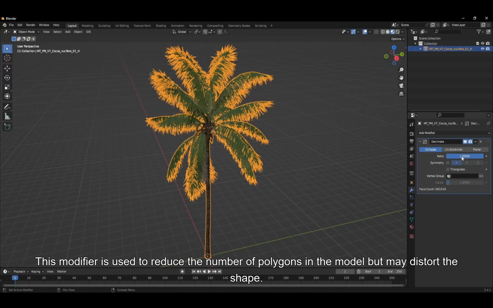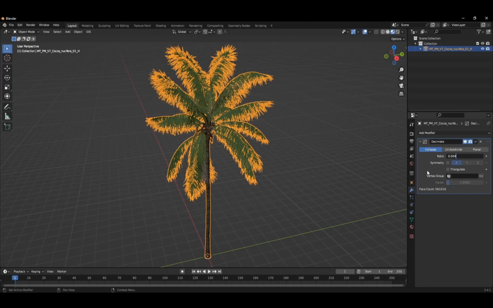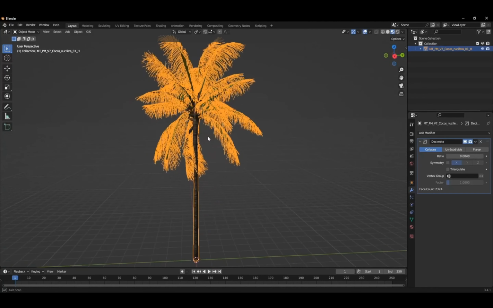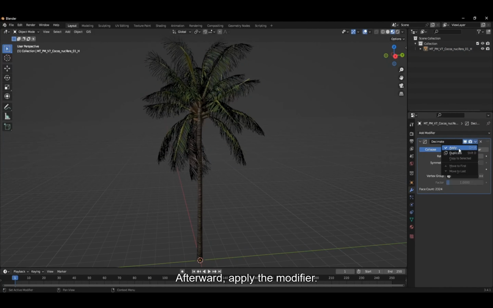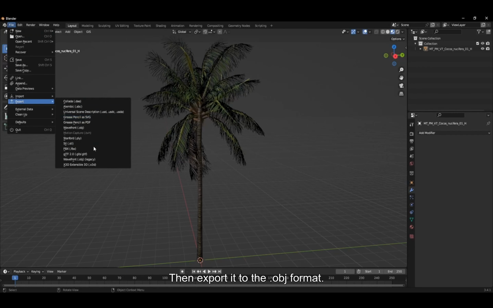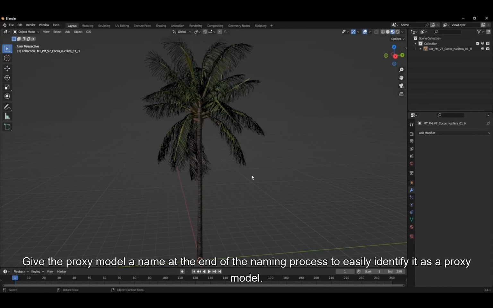This modifier is used to reduce the number of polygons in the model, but may distort the shape. Here, we will set the ratio to be as small as possible while still keeping the coconut shape informative. Make sure the model is not too detailed but still informative in shape. Afterward, apply the modifier. Then export it to the OBJ format. Give the proxy model a name at the end of the naming process to easily identify it as a proxy